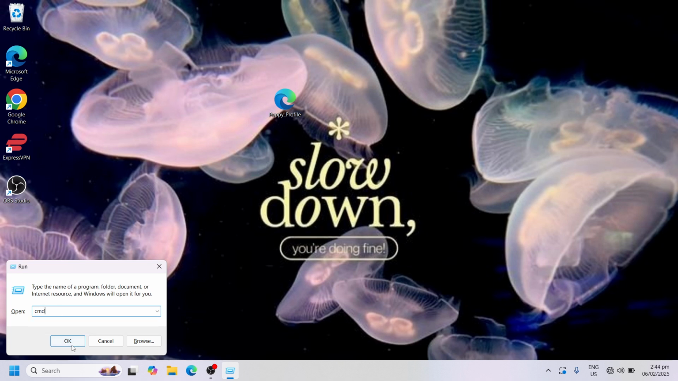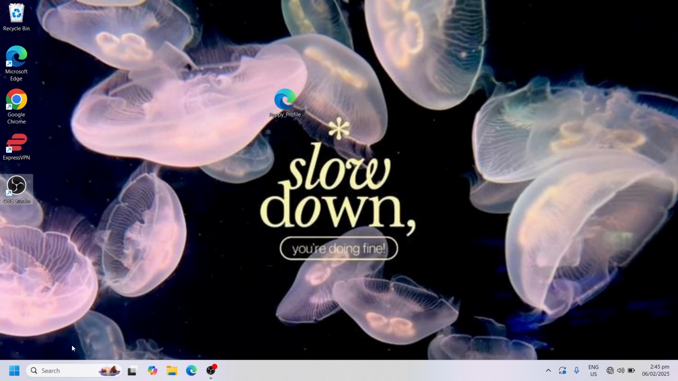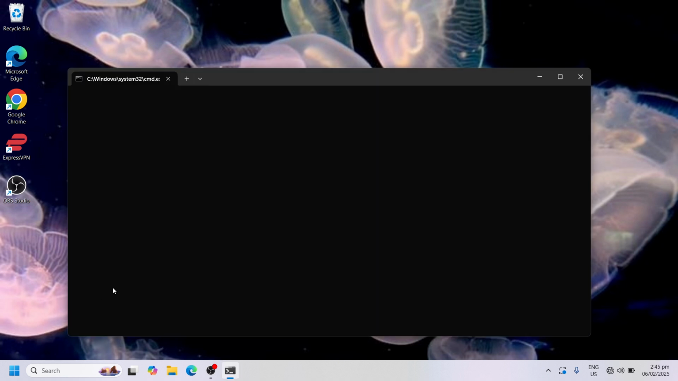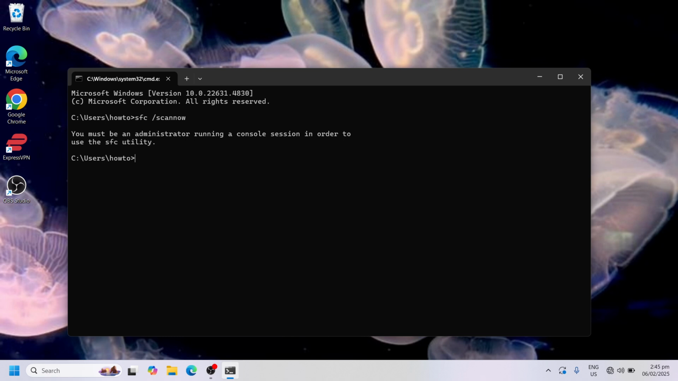and then click on OK. And this black window will open. Okay? Here you need to type SFC all in lowercase space /scannow and then click on OK or enter to continue